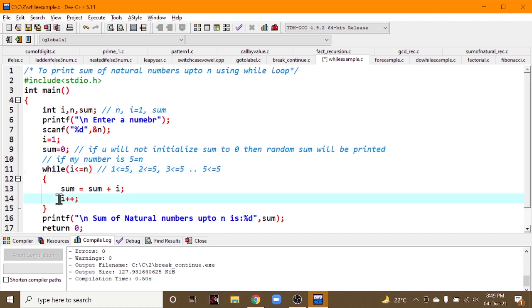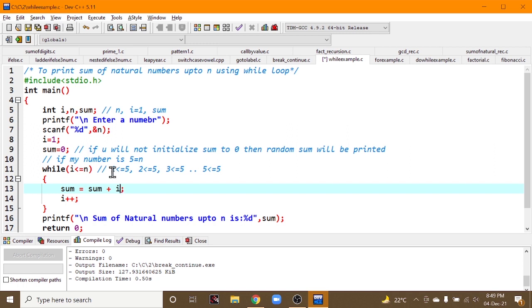So the increment is there here. For each case, sum must be added up with the incremented number. For each number you are checking, till 5, before whatever numbers are there, we are checking all those numbers using that iterating variable. So simply you can add i to the sum.